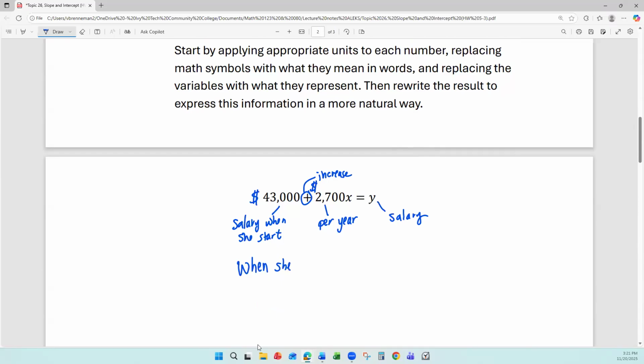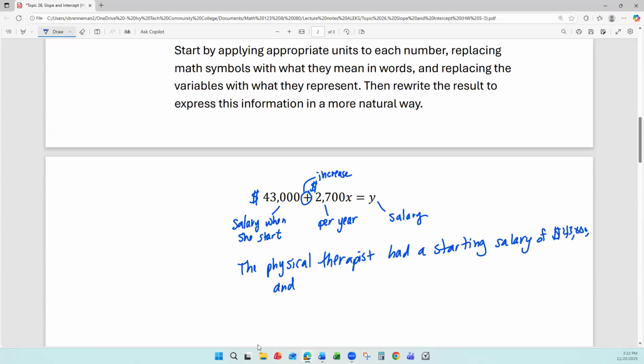So putting this together, I might write something like, when she started, I don't totally like that. The physical therapist had a starting salary of 43,000. And I'll say she gets a $2,700 raise each